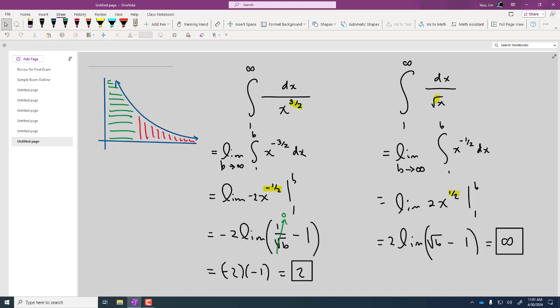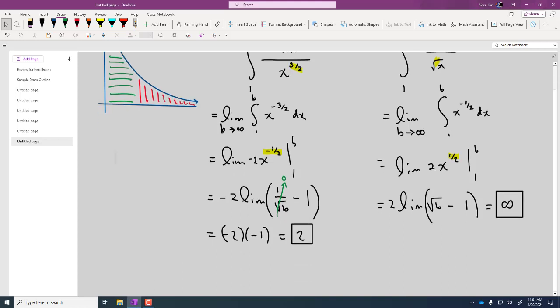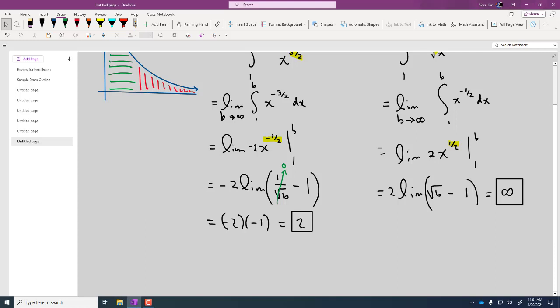So with improper integration, the two things that students tend to lose points for are notation, so make sure you have the limit, and then evaluating the limit wrong. So just make sure you evaluate your limits carefully, and if the denominator goes to infinity faster than the numerator,